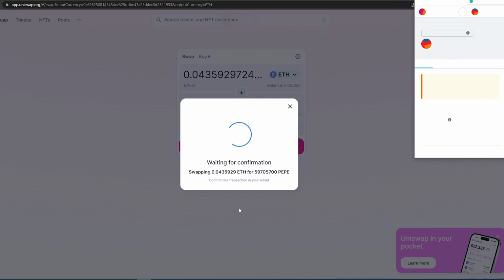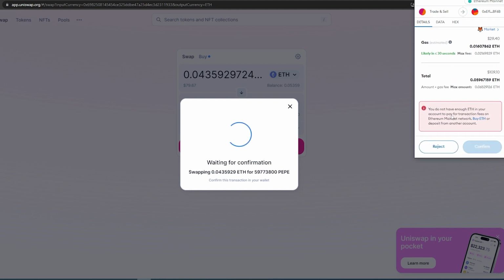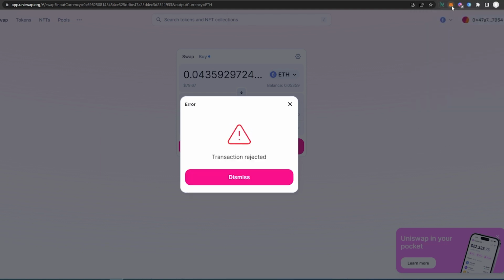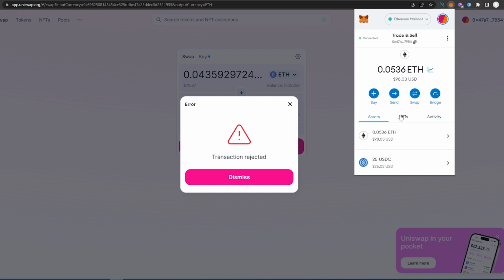Then in MetaMask this is going to appear, and it's going to show us the estimated gas. Gas is pretty high. If we scroll down, if I had enough money, then I would be able to press on the confirm button. Once you press on confirm, it's going to go through the process and you will get your coins in your wallet. Let's say for example you went through the process, and I'm going to press on reject, and then you got your coins, but when you open MetaMask and look under your assets,